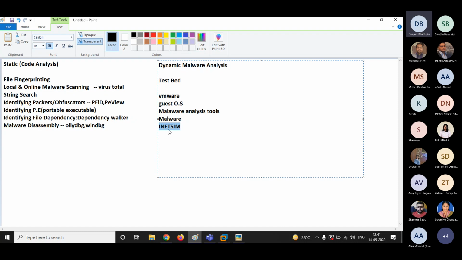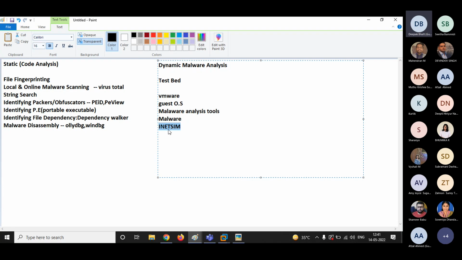So what will happen is, as soon as you execute the malware, the malware will be checking for the internet connection, and it will find this INetSim. Now this INetSim is a simulator, right? So the malware will be fooled and will think that the internet connection is available.